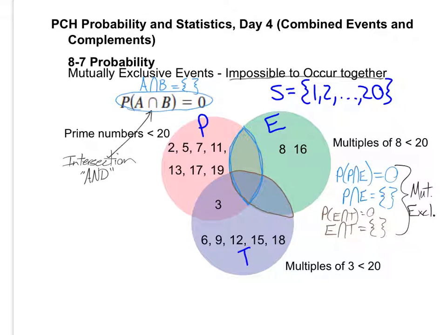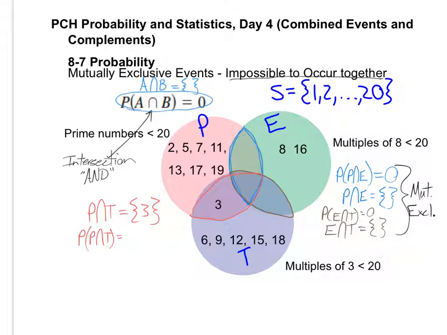Well, let's look at that other one. Here's this other one, P intersect T. P intersect T is not empty. It's got a 3 in it, right? So what's the probability of picking a random number and getting